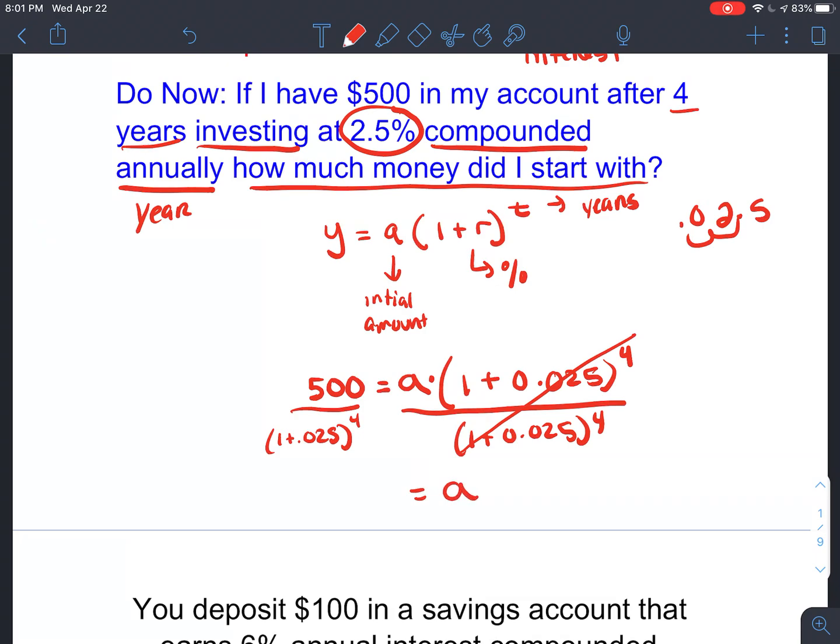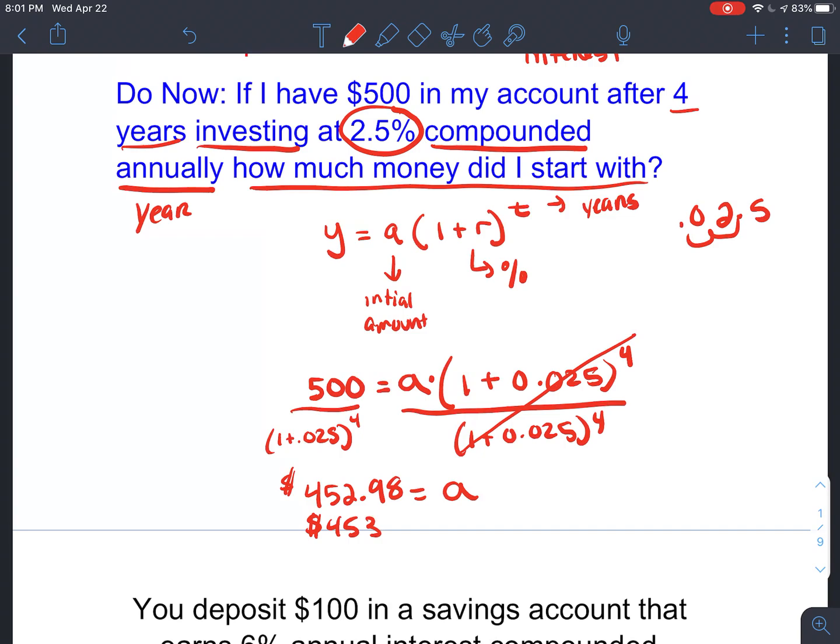That will cancel it out here, leaving my initial value alone, and then give me a value on the other side of $452.98, or approximately